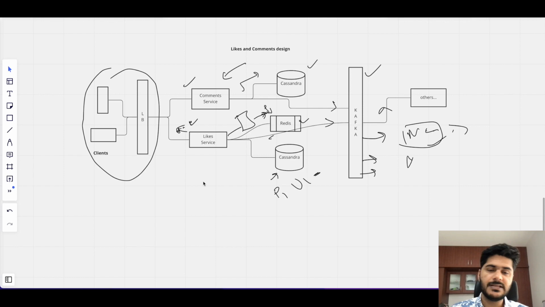Then you will do sorting, merging, creating that kind of thing using your adapters and send the data back to the customer, to your client. Same way for likes, if this is an active post,